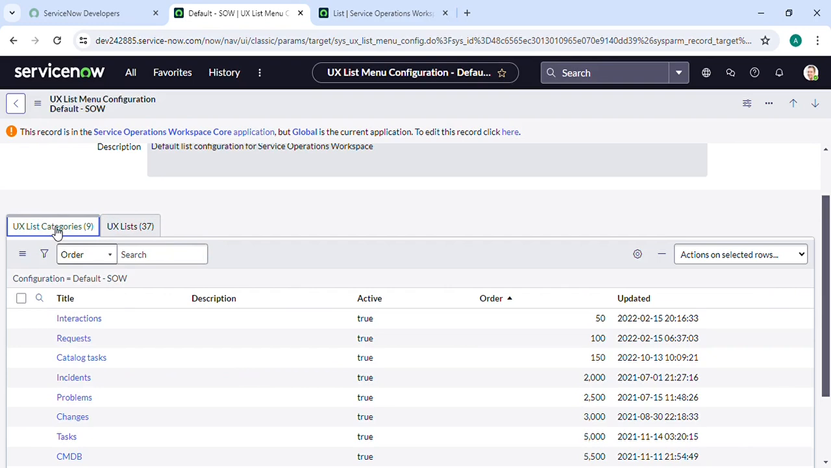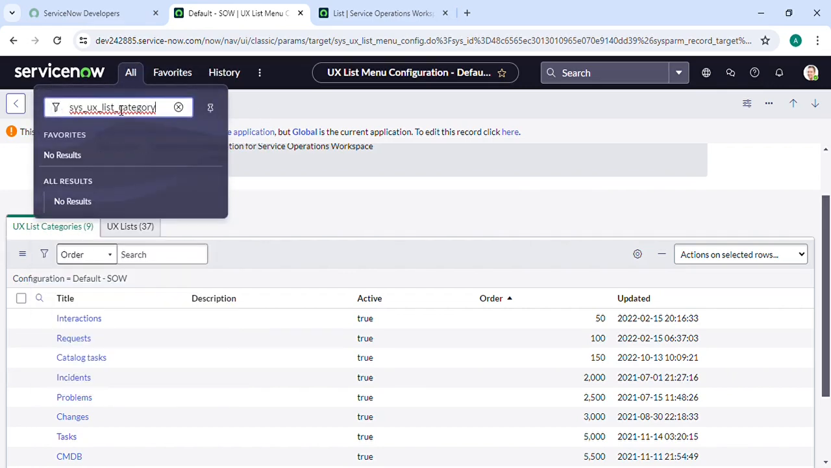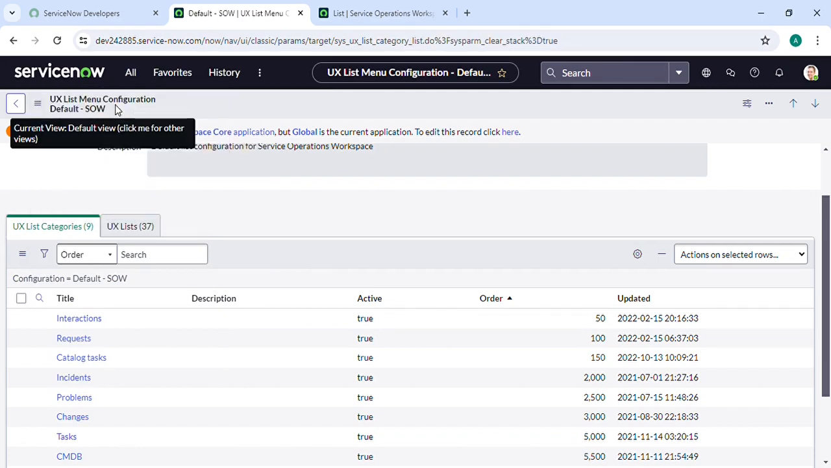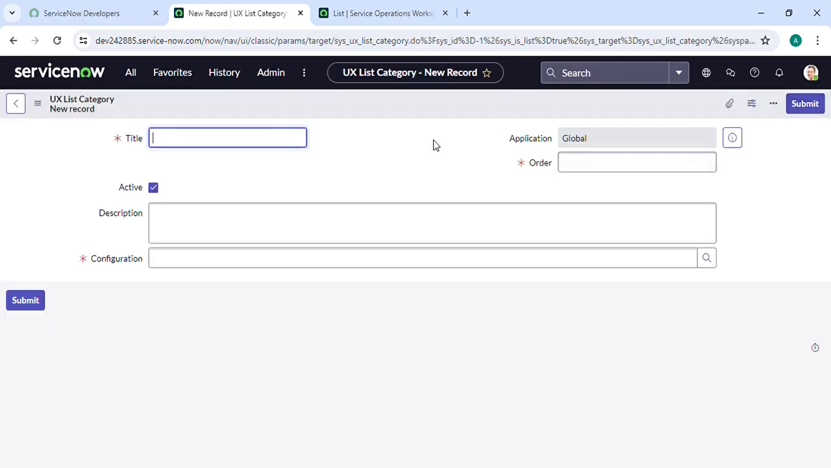Now let's move to the category table. Let's see the category details in this table. Here you can see all the different types of categories are listed, and we'll try to create a new category called incident task. Let us type the title. My one point over here is that the application scope appearing here is global,